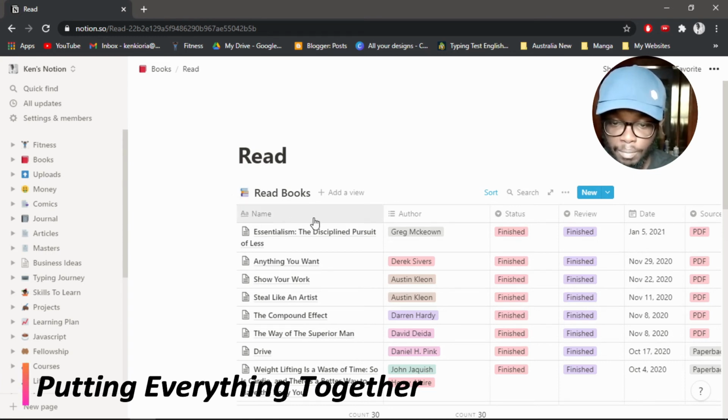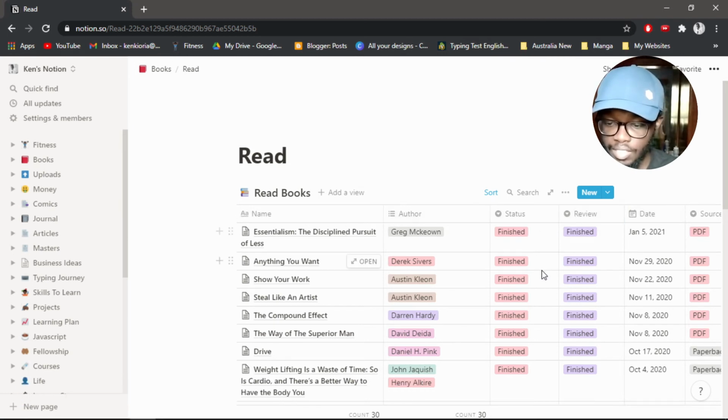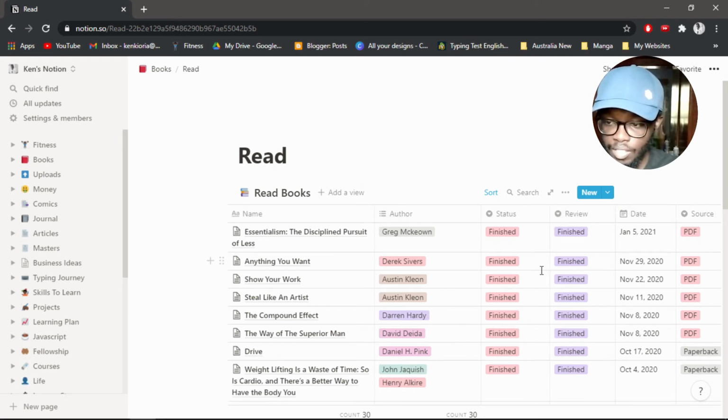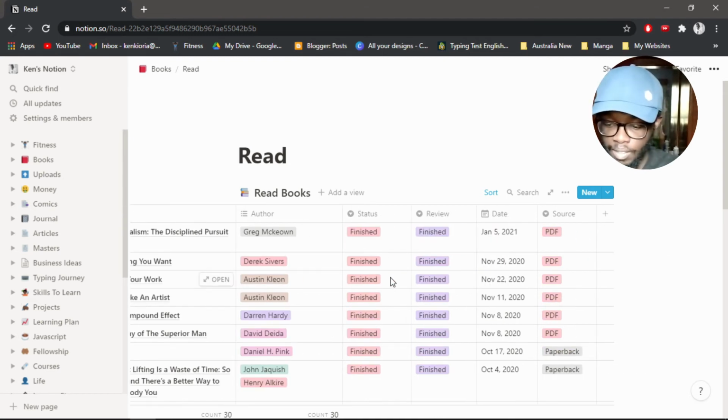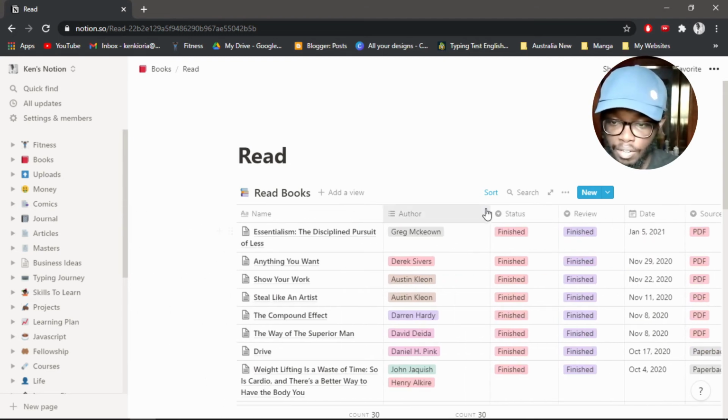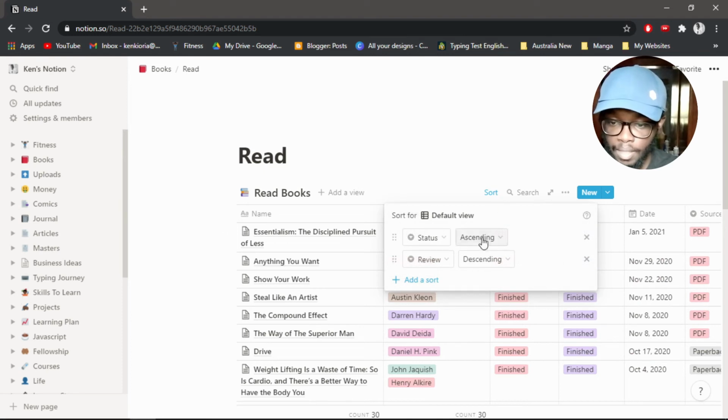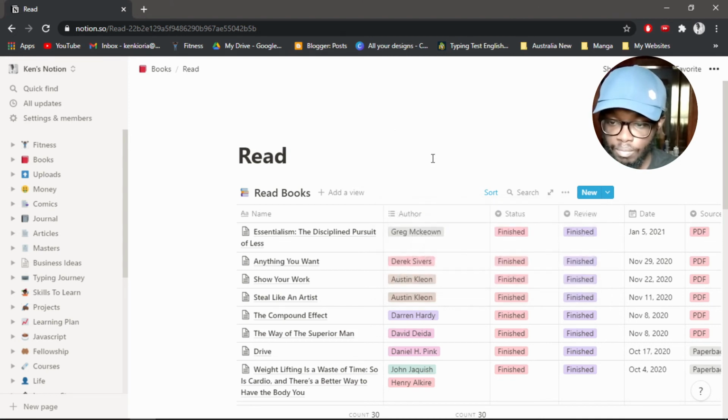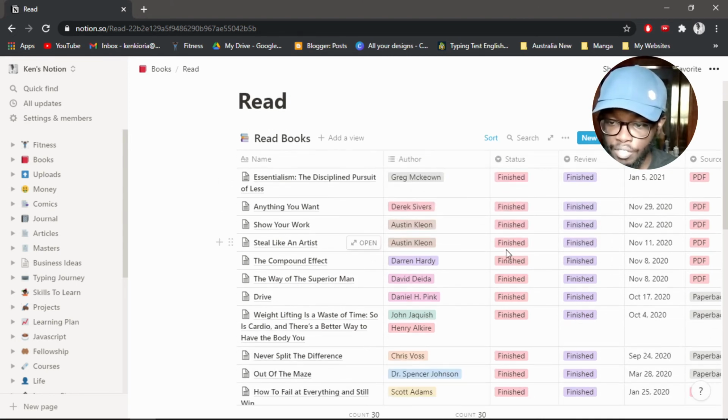You can see this table has name, author, status, review date, source, and all that information. Then now you can even sort the table depending on what you want. So right now I've sorted according to status and review. So the status must be finished and the review also be finished. So you can see all the books that have finished and have done a